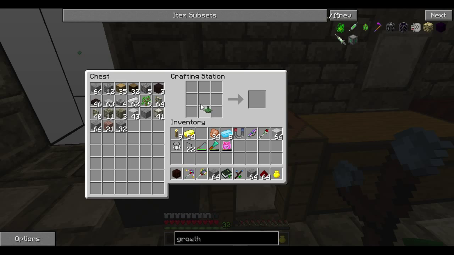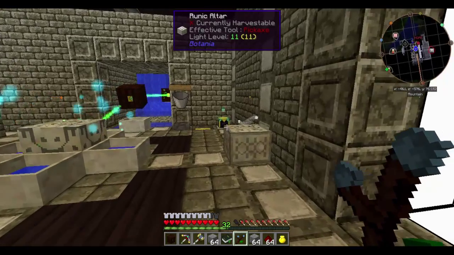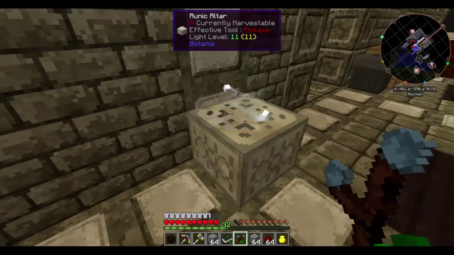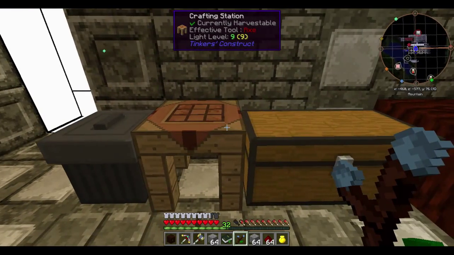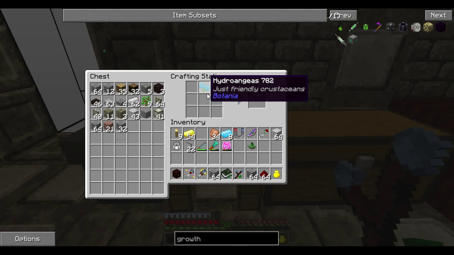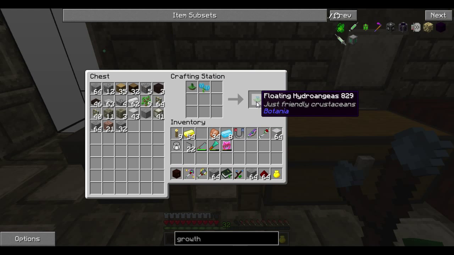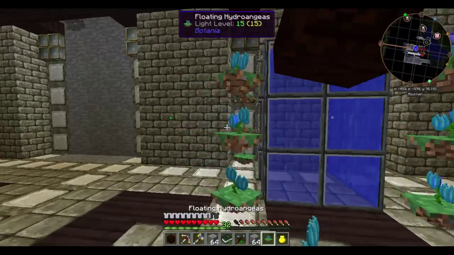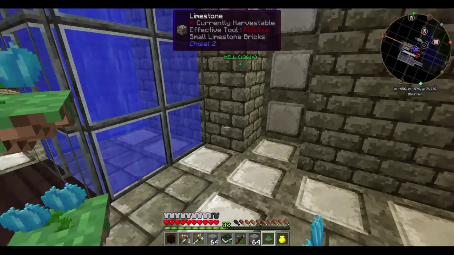So it doesn't matter what type of flower it is. It could be floating purple, floating blue, and then we take any of our flowers that we want. And the hydrangea is a flower that you have to actually make. You take the hydrangea, put it like that, and then you get a floating hydrangea. So that's pretty cool. So we'll take this one and we'll actually put it, let's see if we can put it,